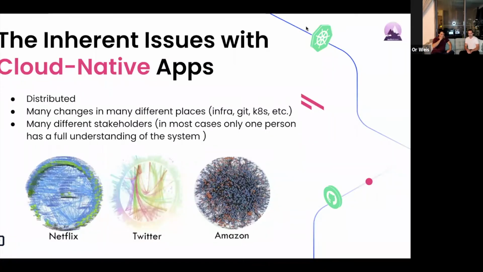Can you talk more about what makes cloud native apps so difficult? What are the inherent challenges? Yeah. So I'll be happy to touch a bit on that. Cloud native brings all kinds of issues into your production systems and applications, mostly being distributed, which means that you have a lot of different services doing multiple things that might be connected one to another, talking one to another. And this being a fact, it means that you have a lot more changes coming into your